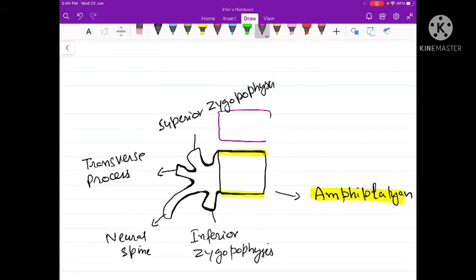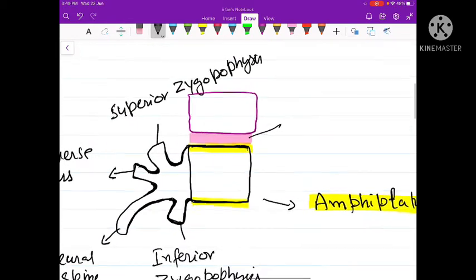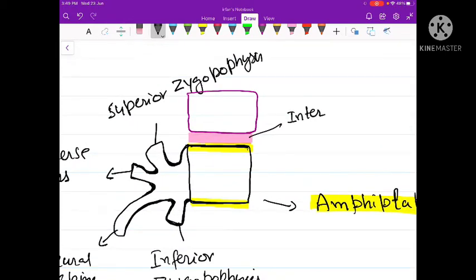Suppose this is the centrum of another vertebra, and in between the centrum of two adjacent vertebrae there is present a fibrous cartilage that is called the intervertebral disc. So the intervertebral disc is actually a fibrous cartilage present between the centrum of two adjacent vertebrae. It is a type of fibrous cartilage, white fibrous cartilage. It is formed of the white fibrous